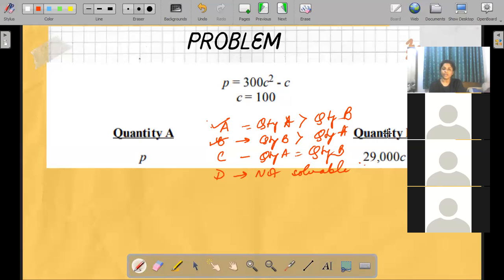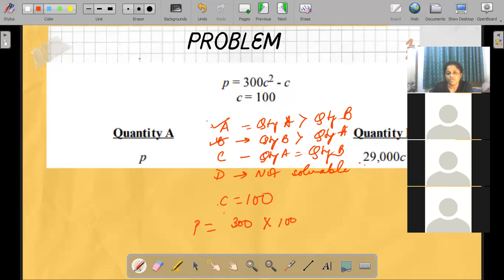It might sound a little confusing, but this is how we are supposed to work. My point was, I have C equal to 100. I'm just doing this for you to understand, but you're not supposed to do this. C is 100, two zeros. Whenever there are zeros, your solving becomes very easy. So C is equal to 100 and P is 300